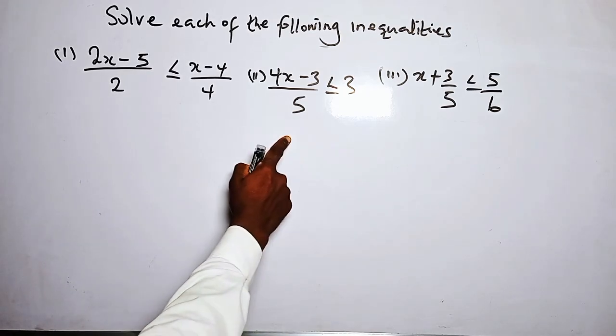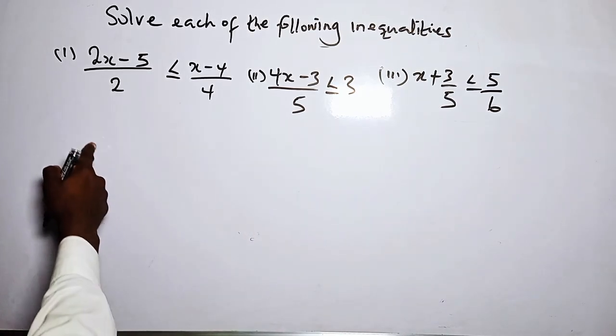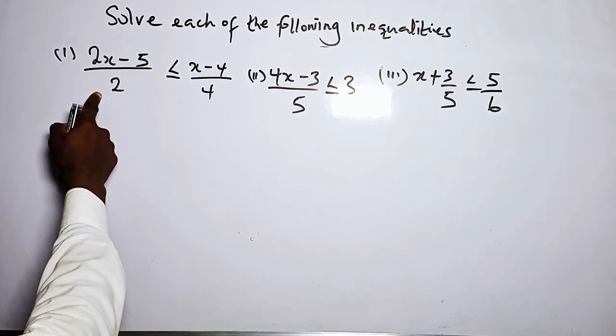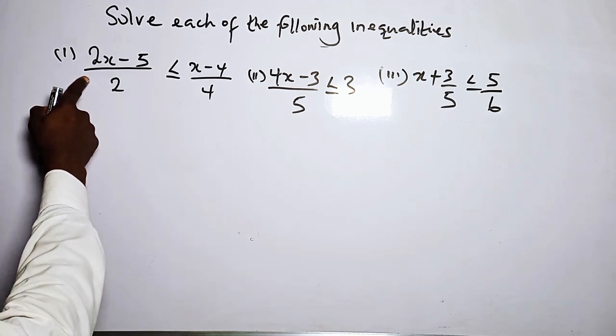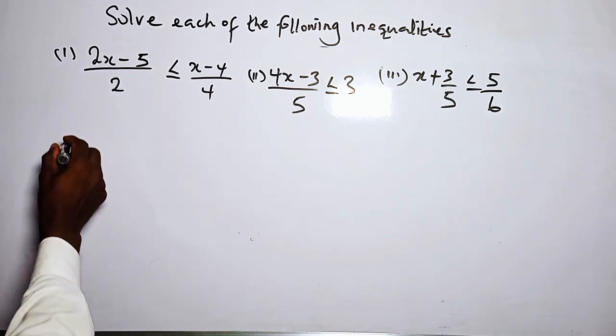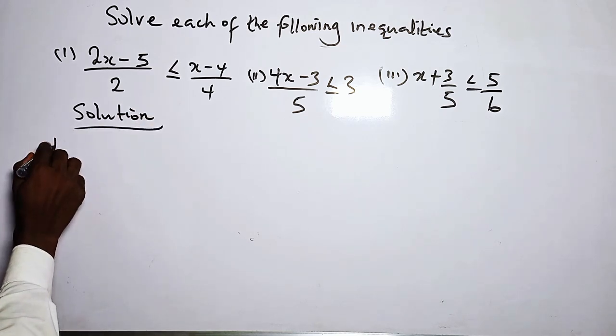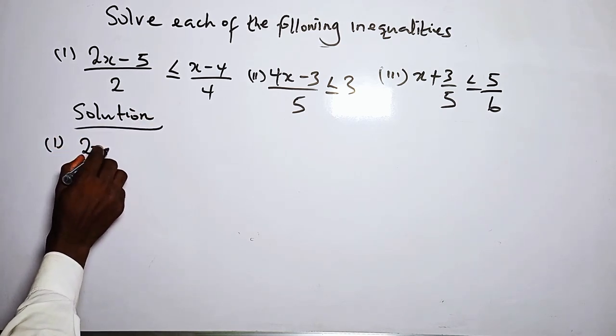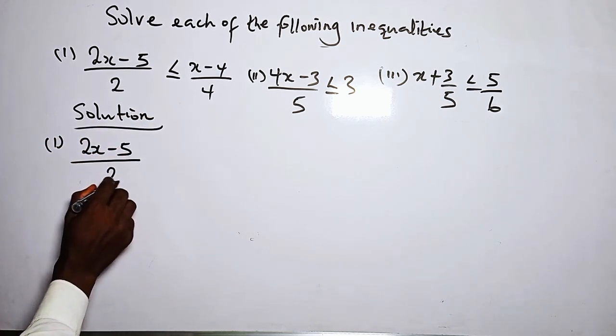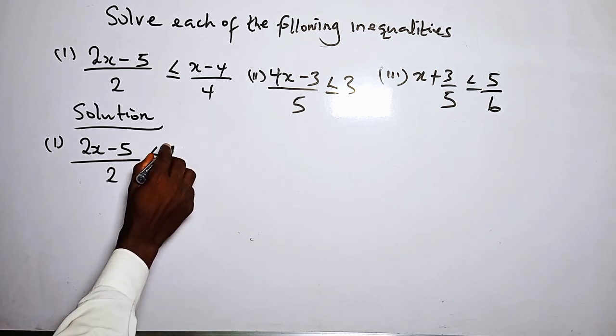I'll give a set of inequalities questions. Okay, so we have this involving a rational expression, a fraction. So what do we do? Solution. Okay, so for number one, we have 2x minus 5 over 2 less than or equals x minus